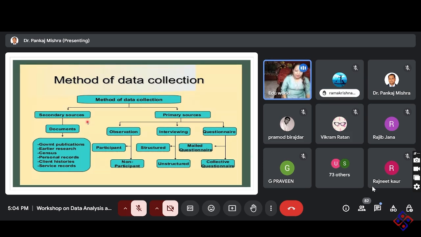Like in the third chapter, we have seen that research methodology is the third chapter. Two types of terminology we generally use, that is research method as well as research methodology. So what do you think? Are method and methodology both similar, or do they have some kind of differences?